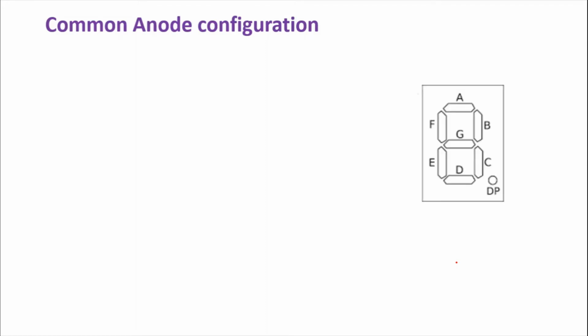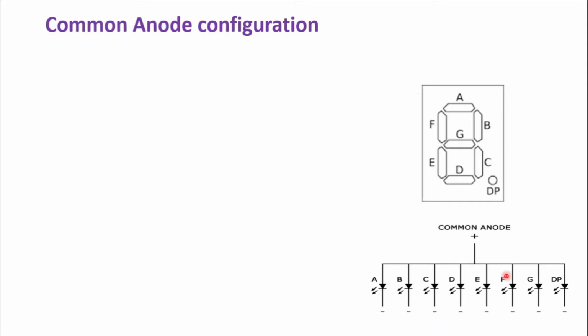Now let us particularly focus on common anode configuration. In common anode, you can view here that anodes of individual LEDs are shorted together and one common terminal is brought outside. The basic thing is that when you want to glow an LED, then anode should be connected to VCC and cathode should be ground. In case of common anode configuration, anodes are already shorted together and we have to supply VCC to this terminal. Now what about cathode? When we apply 0 or ground to individual cathode terminal, then that corresponding LED glows.